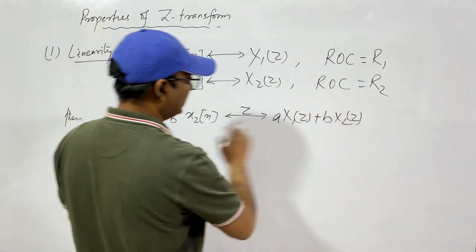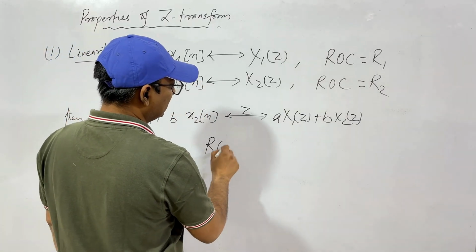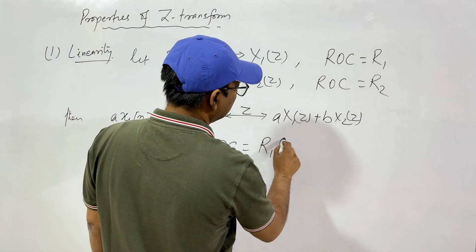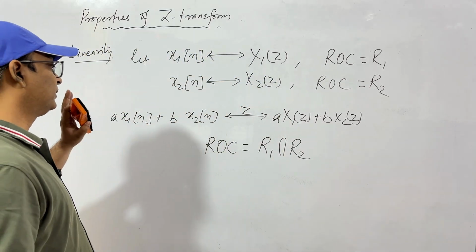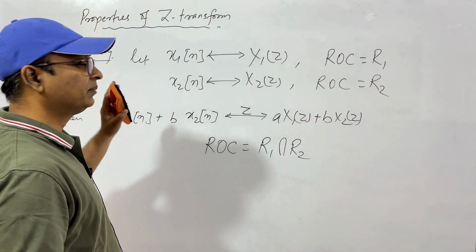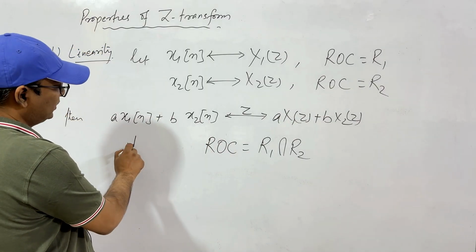The only issue is, this is very simple. The only issue is, what will be the region of convergence of this combined sequence? The region of convergence will be R1 intersection R2. Okay. When I was giving some examples on Z transform, if you remember that example where I have used this